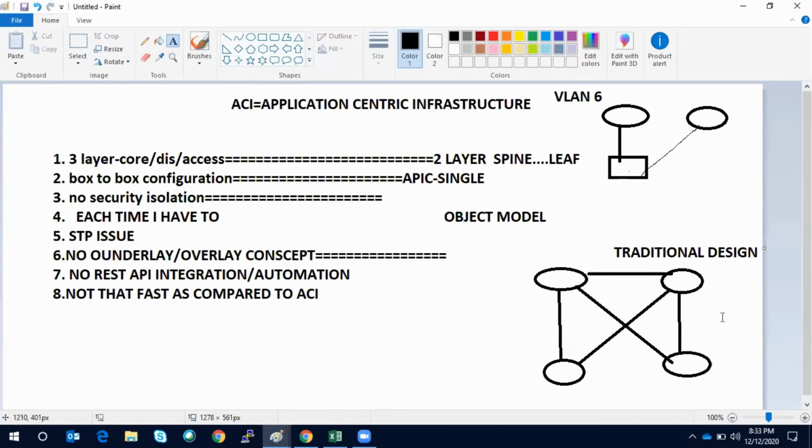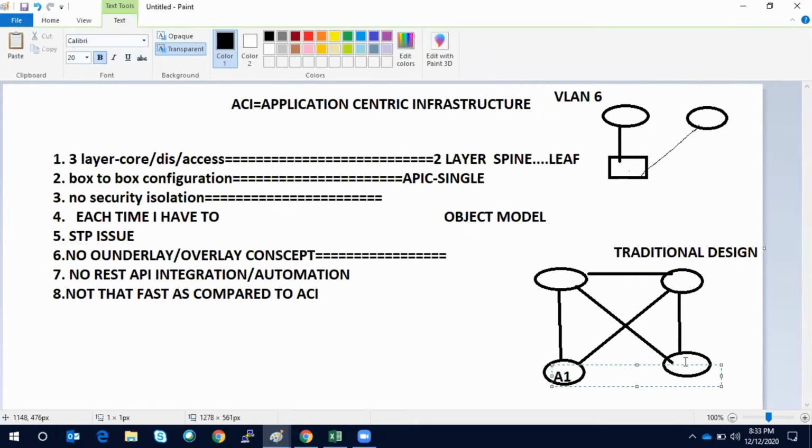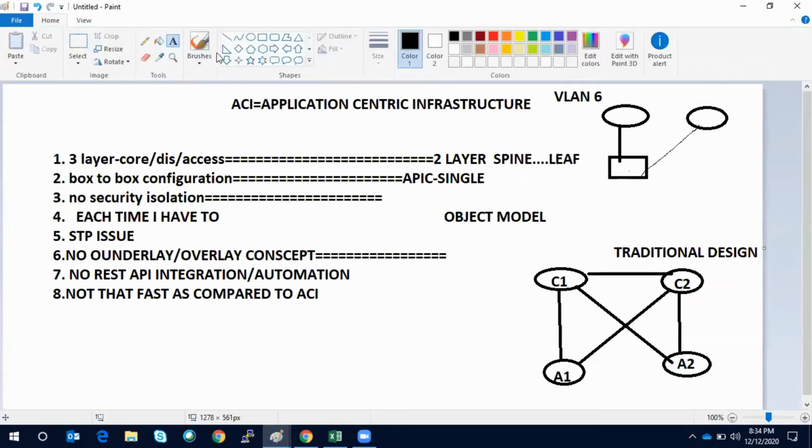This is my A1 access switch, this is A2, this is C1, core 1, and this is core 2. And if I connect one server here, at A1 there is one server, and at A2 there is one server.